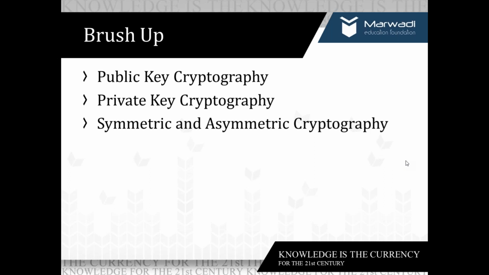Symmetric key cryptography is using only a single key, right? If a receiver wants to receive some message, it needs to be encrypted from the sender side with the single key, that is the symmetric key. So I can say symmetric key cryptography is private key cryptography. Why private key? Because only the sender and receiver can understand that key.